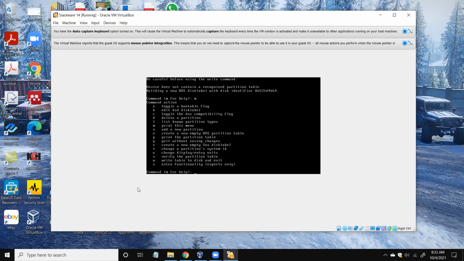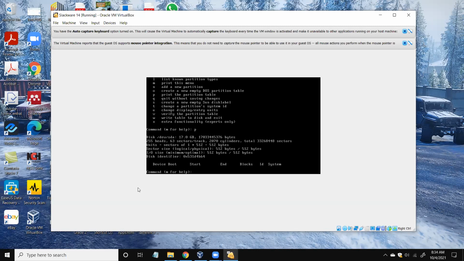So you can see this clearly. So then to create a new partition, or to print, I can just press P and enter.